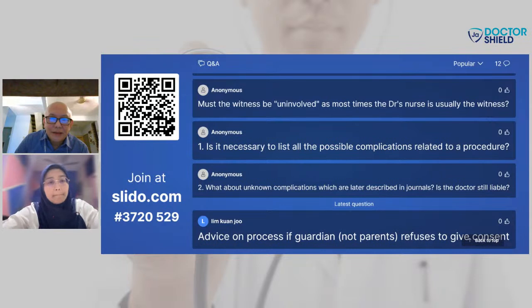I always have this question. Death, I suppose, is a material risk, and nobody wants to die in any procedure, right? Yes. But at the same time, if we mention the possibility of death on each and every procedure, I don't think we'll get many procedures done. For example, if the patient has a treadmill exercise ECG, do we have to say your risk of dying during the exercise ECG is 1 in 10,000?